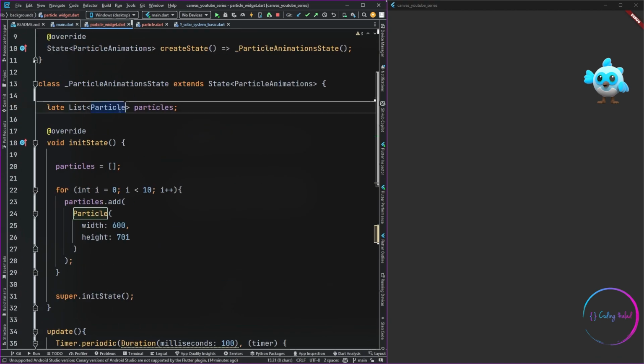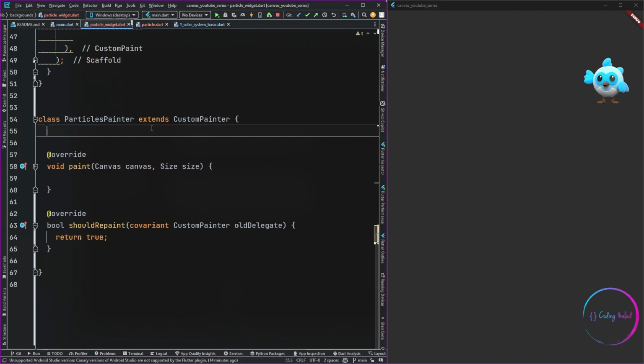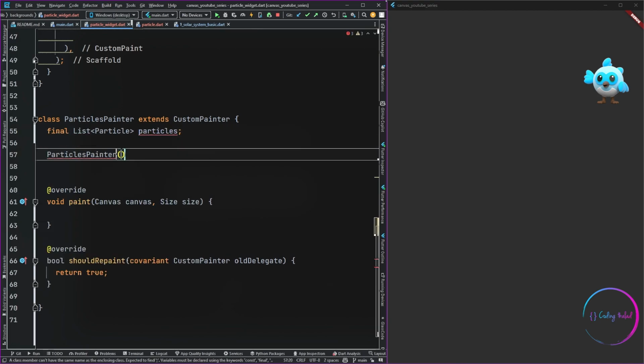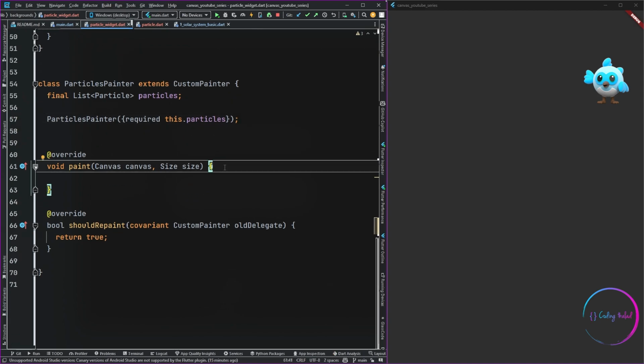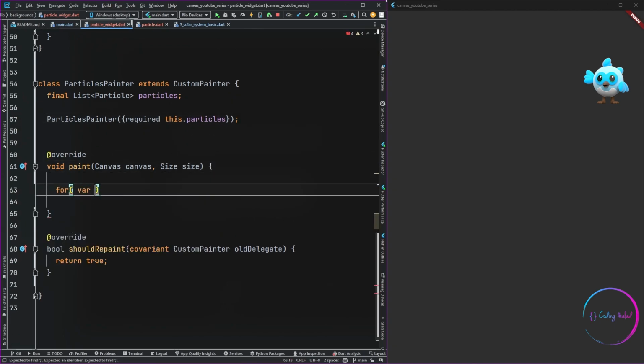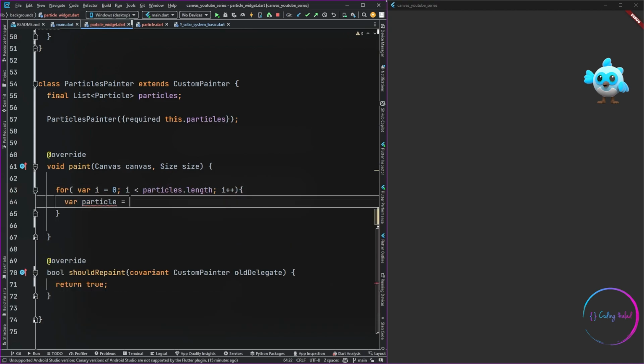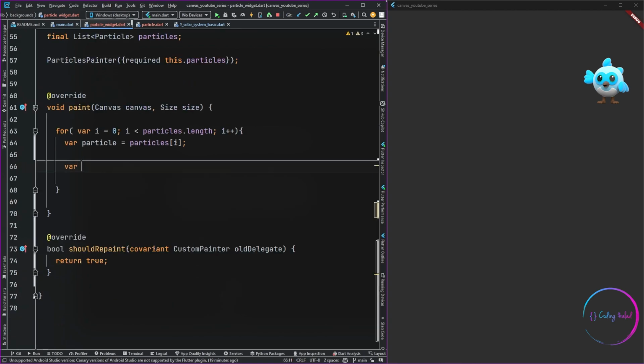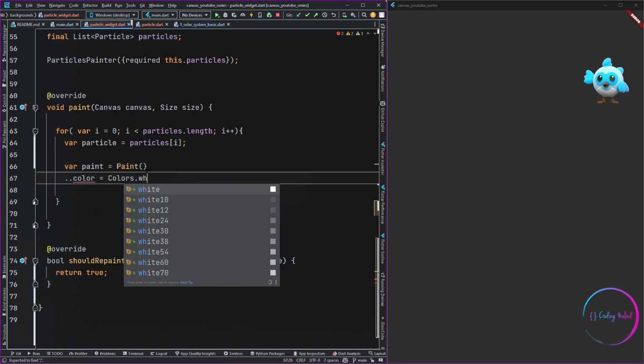And now inside our constructor we need to get the list of particles from the widget. So I'm going to create a final member variable called particles, and I'll be initializing it inside the constructor. Now coming inside the paint method, the first thing I need to do is loop through all the particles inside the list. And inside our loop, the first thing I will do is create a variable which will hold the current particle. And then I'm going to define a Paint object which will be responsible for painting the particles in the